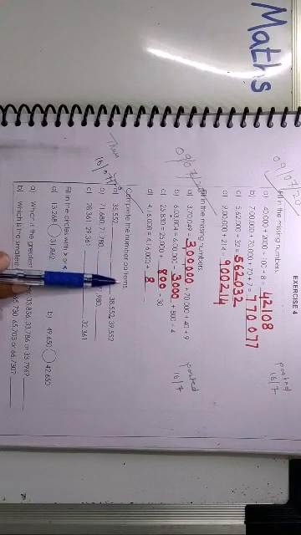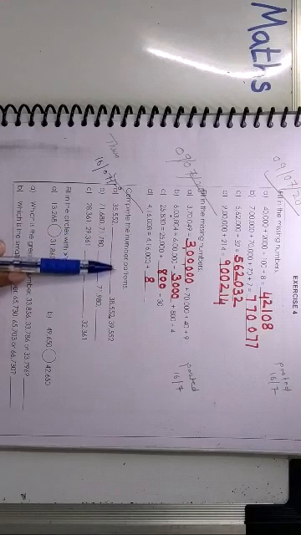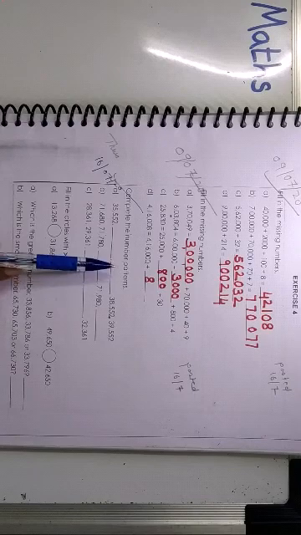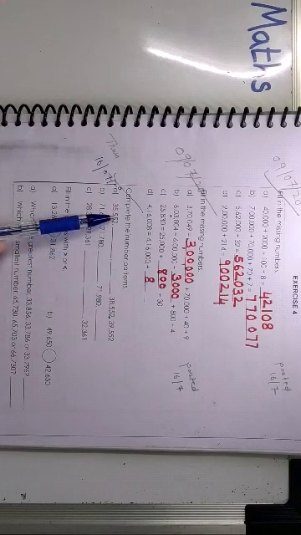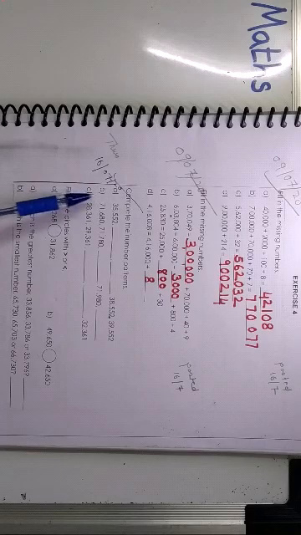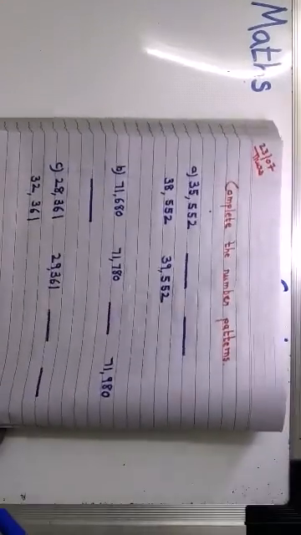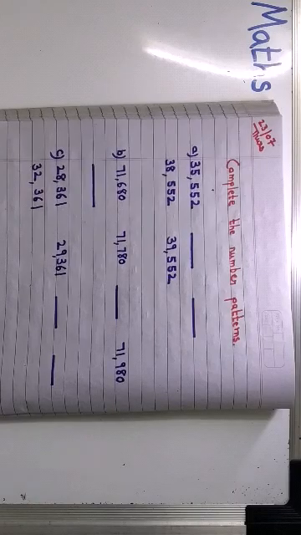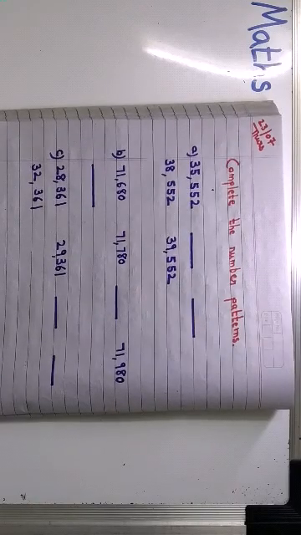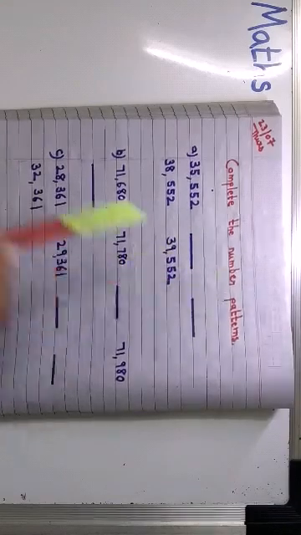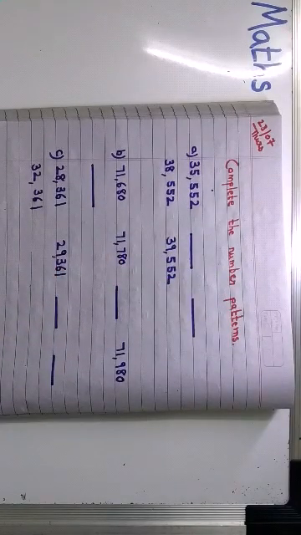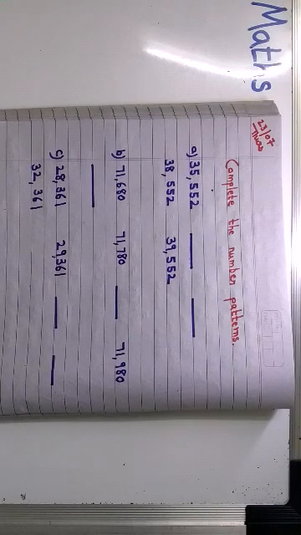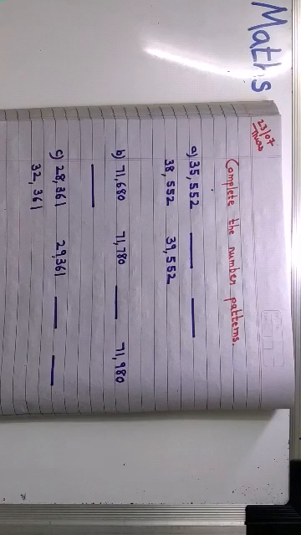So today I will just do number patterns because I see some confusion with a few of you, not many. So I'll just run through this A, B and C. I've written the same, children, in the notebook so that it is easier for you to read. Now children, as I had said in my last video, whenever you have this complete the number pattern, first thing, children, what you do is you identify which place value there is an increase, right?